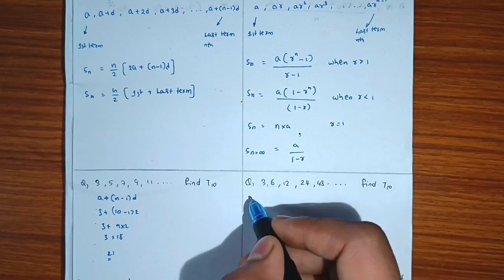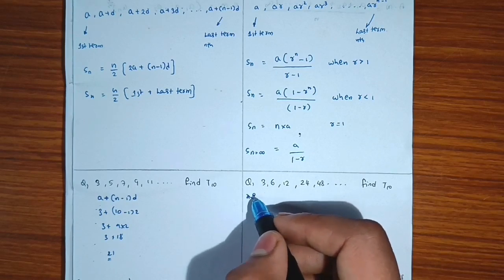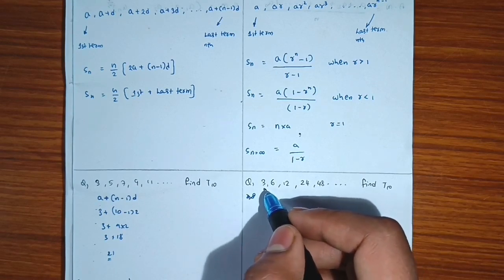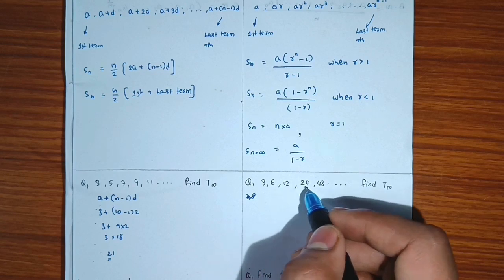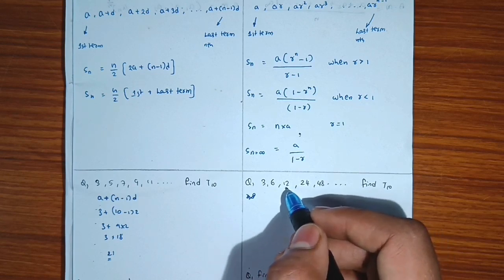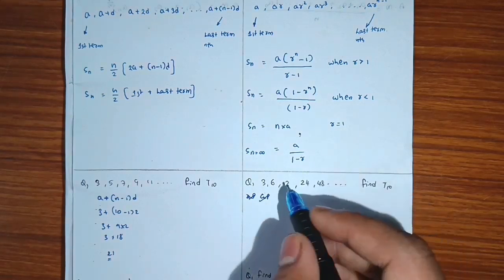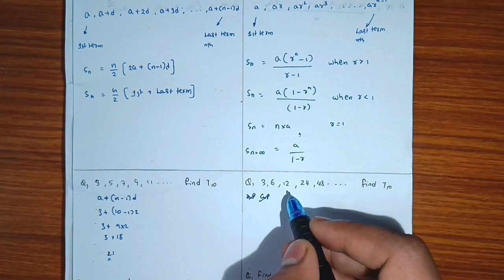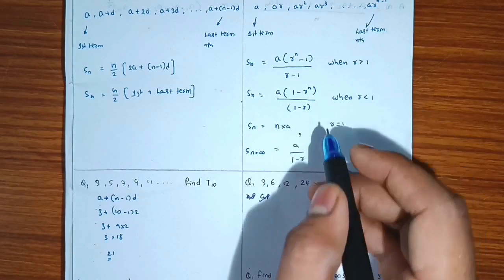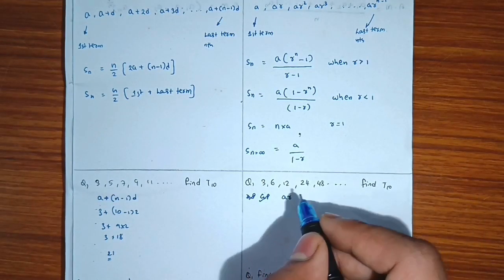So it is not following the AP condition, which means it is following the GP condition: 6 by 3 is 2, 12 by 6 is 2, and again 24 by 12 is 2. So it is following the GP condition. Now to find the 10th term we need to use this formula,